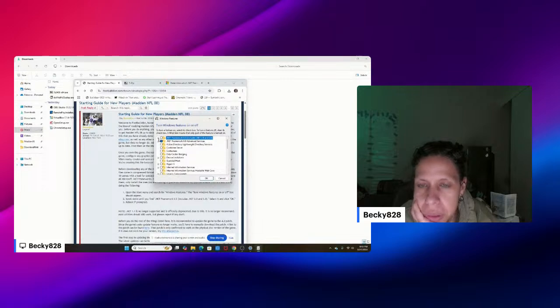To turn a feature on, select its checkbox. To turn a feature off, clear its checkbox. Oh, 4.8. What? Okay, so that was already, interesting. Okay, this is called